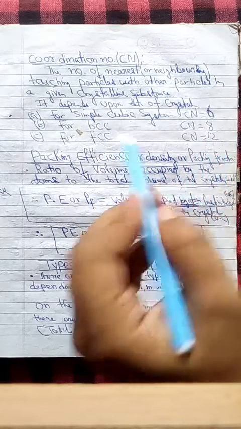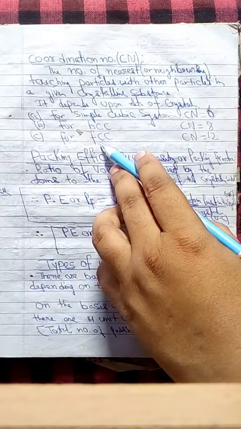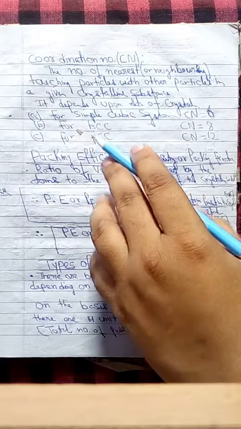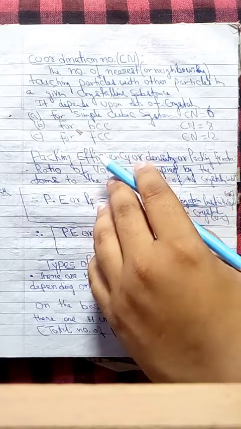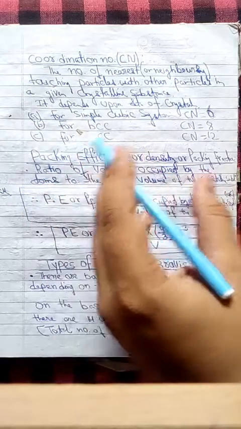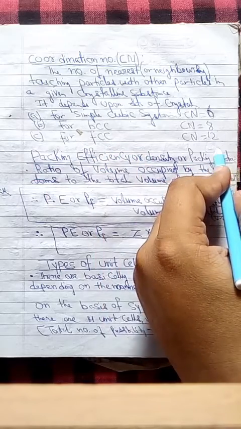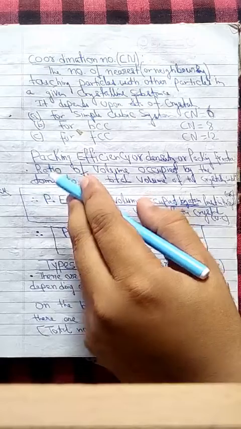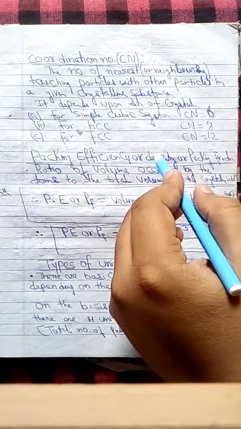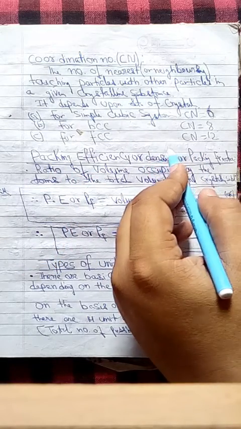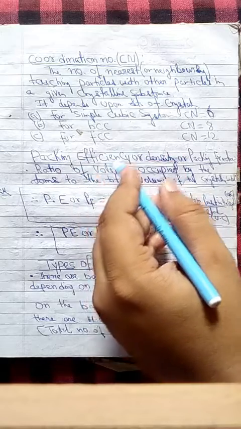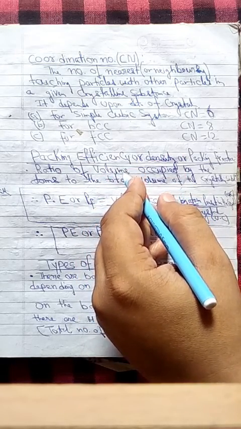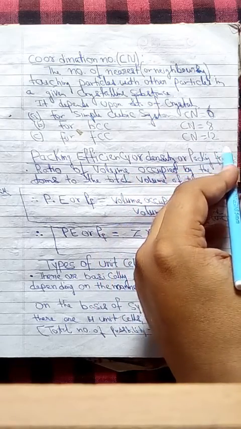Now the question arises, how is it possible? So face centered, how many faces? 6. Each face has half of an atom. It means half part of the face atom is outside and half part of the face atom is inside. So it means 6 faces, in contact with 6 atoms outside. So 6 half parts from outside, half part from inside. So it makes on each face 2 atoms getting contributed. Means on each face 2 atoms are in contact with the central atom. So therefore 6 faces, coordination number is 12.